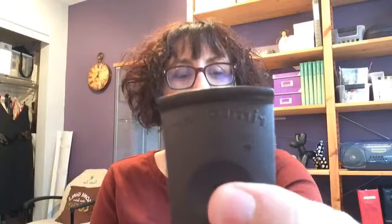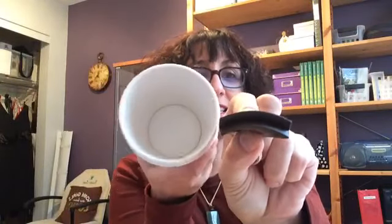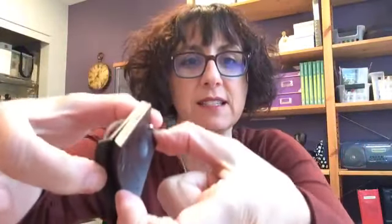So this is actually called a rim roller. Can you see that in the camera? It's hard to see. Maybe I can catch the light on it. It says rim roller and it's curved just like the edge of the cup. Yes, I rinsed the cups out because I was saving them for this. So you can see that it matches perfectly to the cup. When you push it down, you see it's got a split, and it pulls the